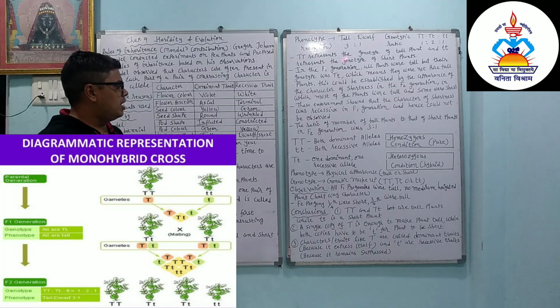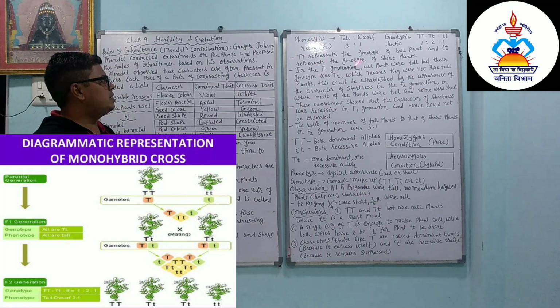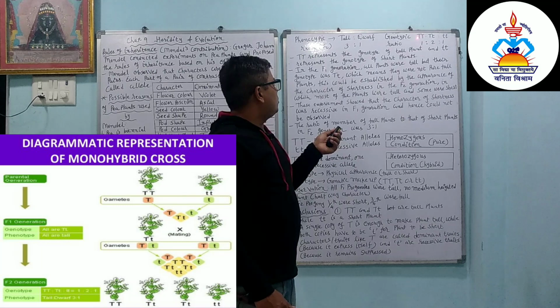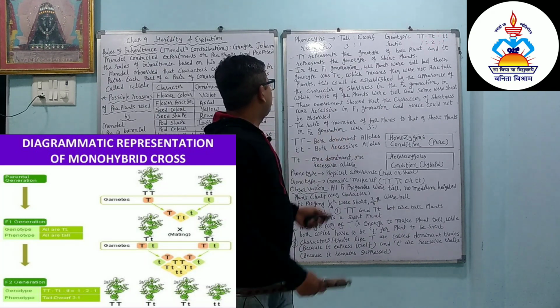This we can understand after this. Phenotype ratio means we discuss their height and physical appearance, that is, if it is tall then we get 3 tall plants and 1 dwarf plant. So the ratio in the F2 generation, the second generation, is 3:1. Genotype ratio: two capital T, one capital T and one small t, and both small t, then we get the ratio 1:2:1.